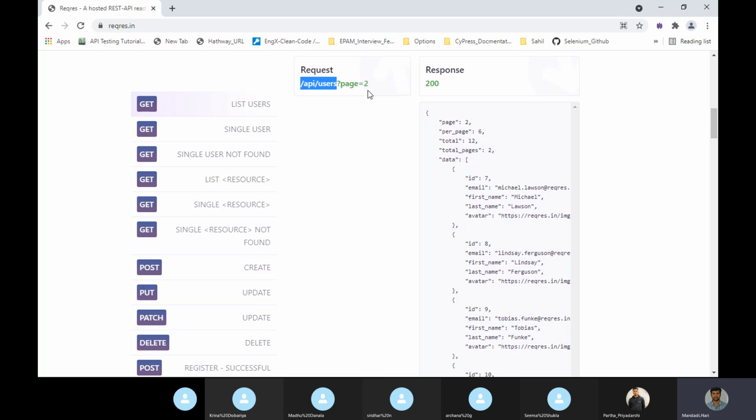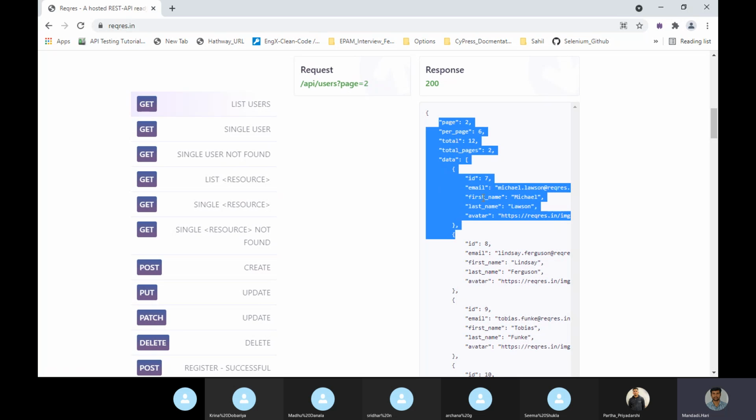Filtering by providing some value, filtering one category, a complete category. I am not saying get id 7. Here I am not passing users id equal to 7, I am passing page equal to 2, and I get the complete page.